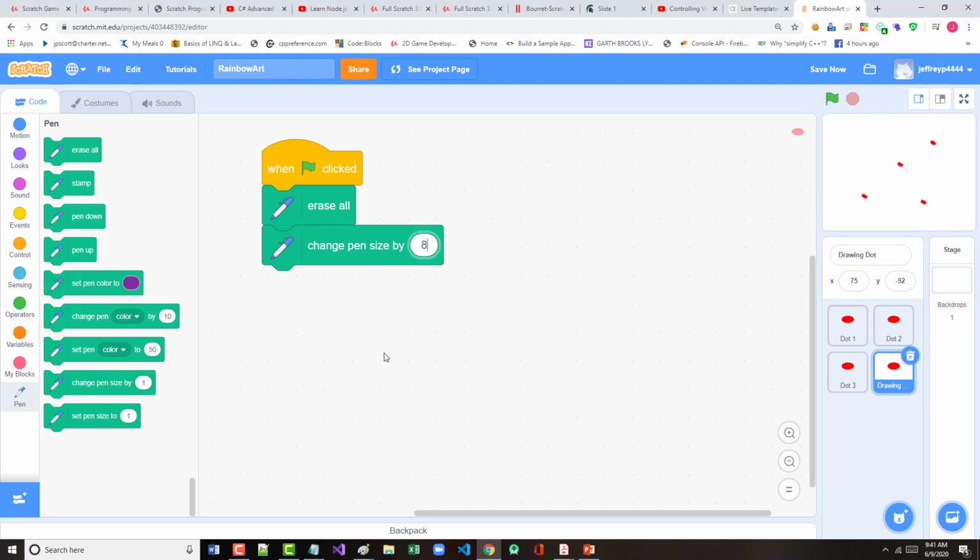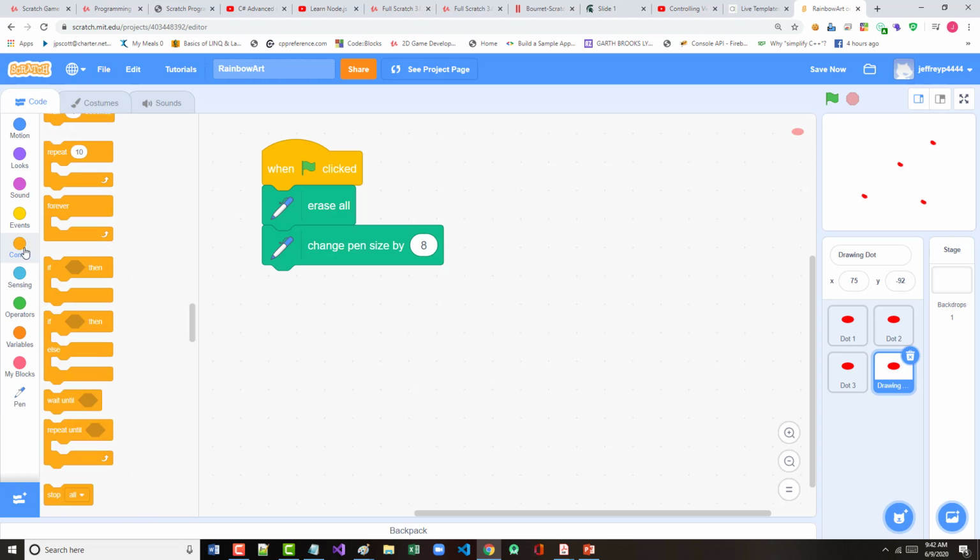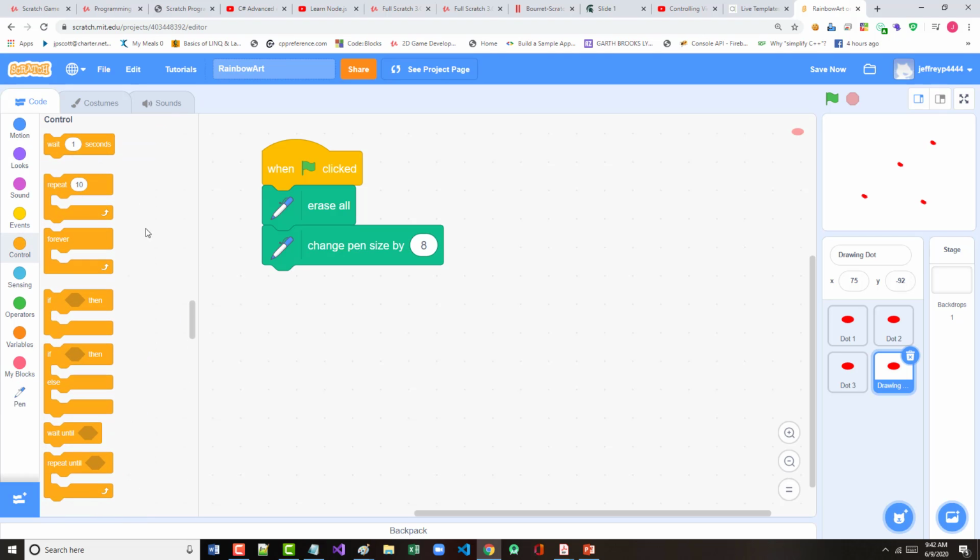Okay. One thing hopefully you've noticed in here is I like to write a little code and then test it. Write a little more code and then test it. All right. I shouldn't be writing all of my code at once. That's a silly thing to do. Now I'm going to put in a forever block. Right there. And in here,